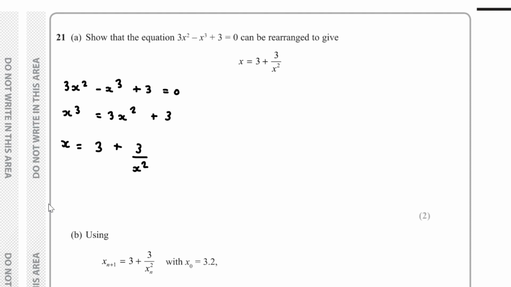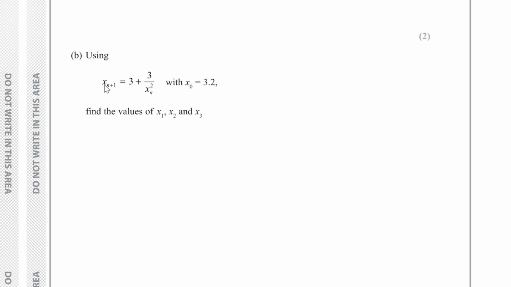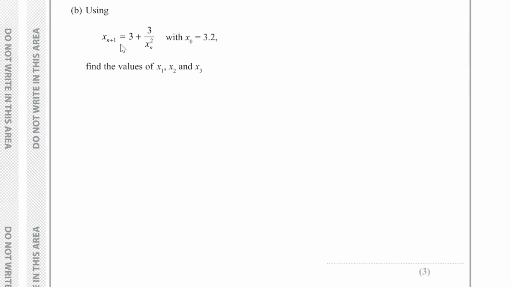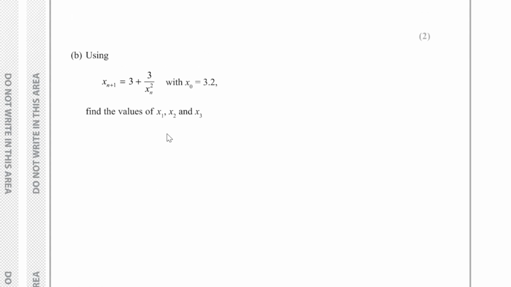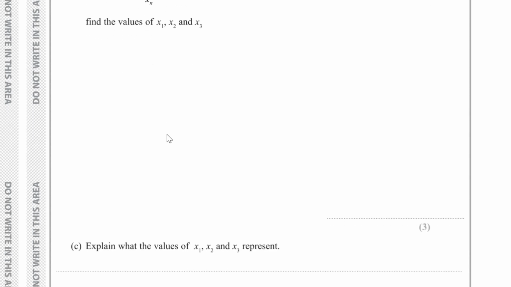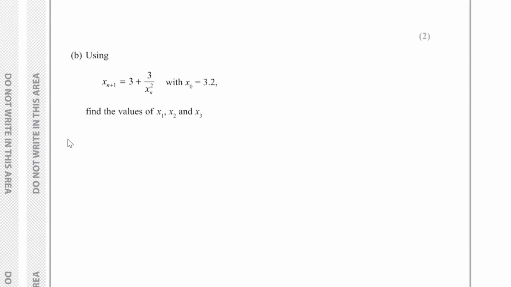And now for part B, using x n plus 1 equals 3 plus 3 over x n squared, with x0 equaling 3.2, we have to find the values of x1, x2 and x3. So x0 is given by 3.2. x1 will equal 3 plus 3 over x0 squared. So we've got 3 plus 3 over 3.2 squared,